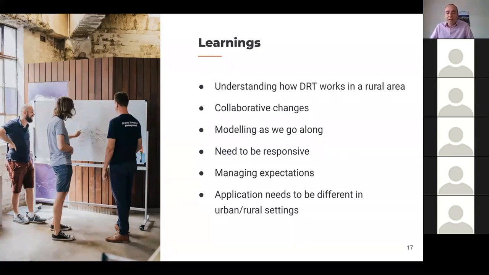But I think another part around this is managing expectations, because it is a big change in culture for people to actually have to book a bus, but also there are limited resources out there, and people have to understand that you may want a bus at 9 o'clock, but you might not be able to get one at 9 o'clock, but you might be able to get one at 9:15, or it might have to stop off and pick other people up on the way. And it's been really critical that we explain that to people to avoid the risk of them being disappointed.